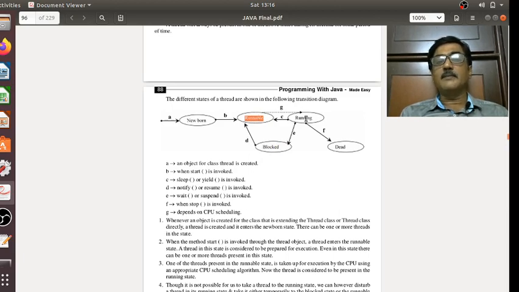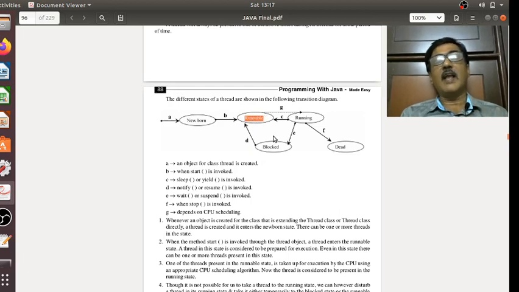Then we have the suspend method. The suspend method also does the same: it brings a thread from the running state to the blocked state. Then there is a resume method which takes the thread back from the blocked to the runnable state. Then we have the sleep and yield methods. The sleep and yield methods will take a thread from the running to the blocked state temporarily for some time, and automatically the thread from the blocked state will be put back into the runnable state.